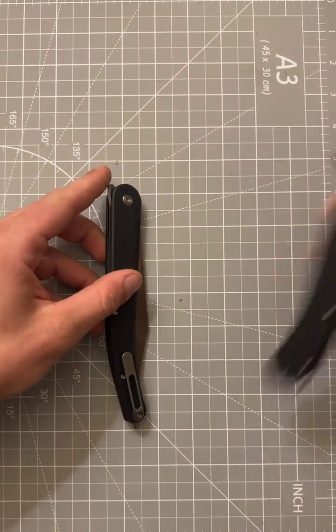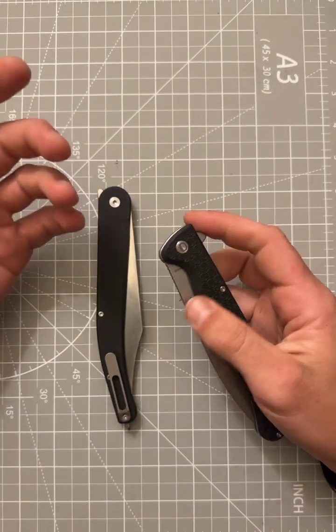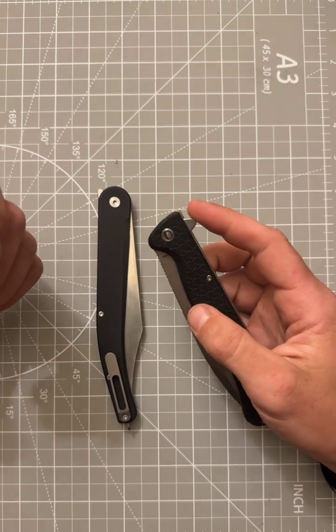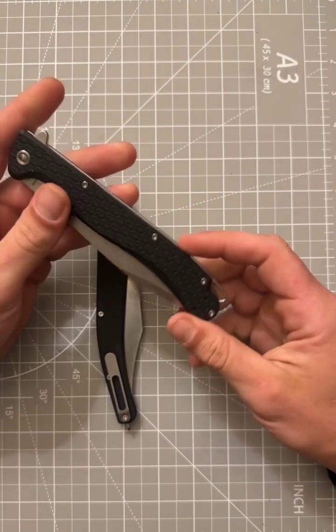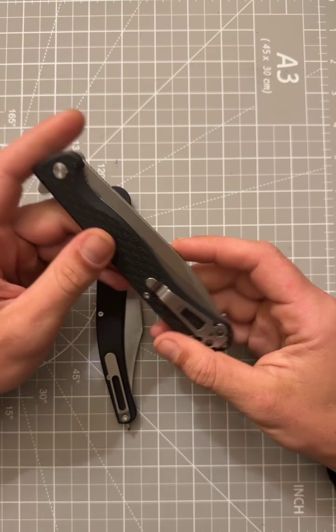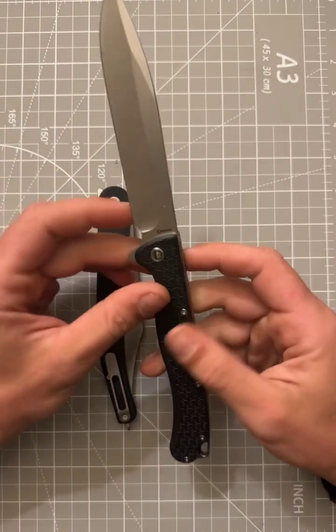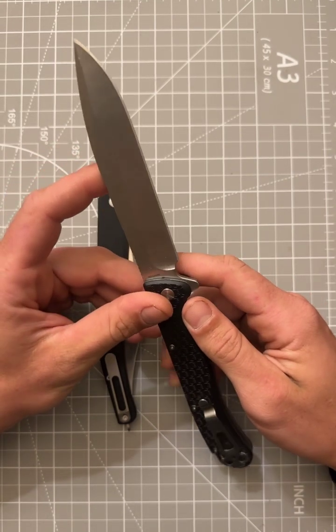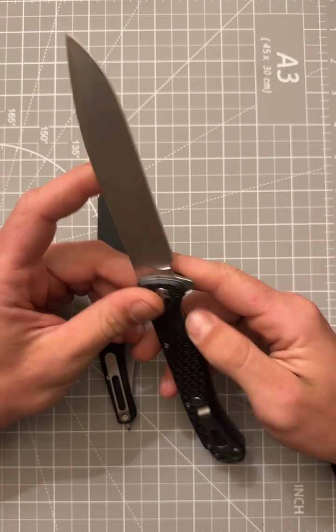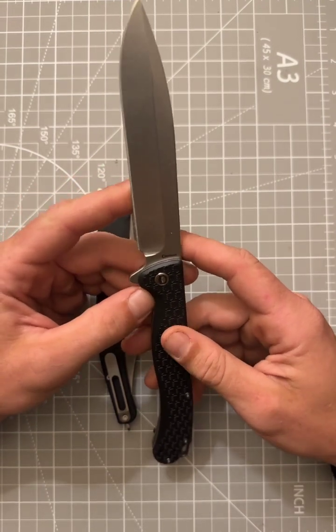I do want to talk about the Daggerr Finka for a second, because I do want to make this video about the company itself too. I find them to be really impressive and pretty underrated, at least for me. The Daggerr Finka is, I think, $38 on Blade HQ. Being a less expensive knife, it does not have as good of a blade steel. It is 8Cr14MoV, which is definitely not up there for me, but for the price, I think